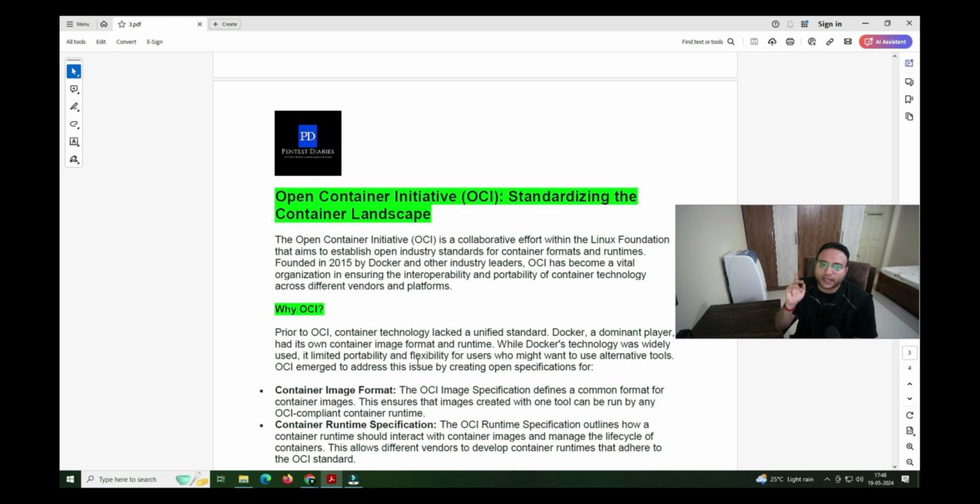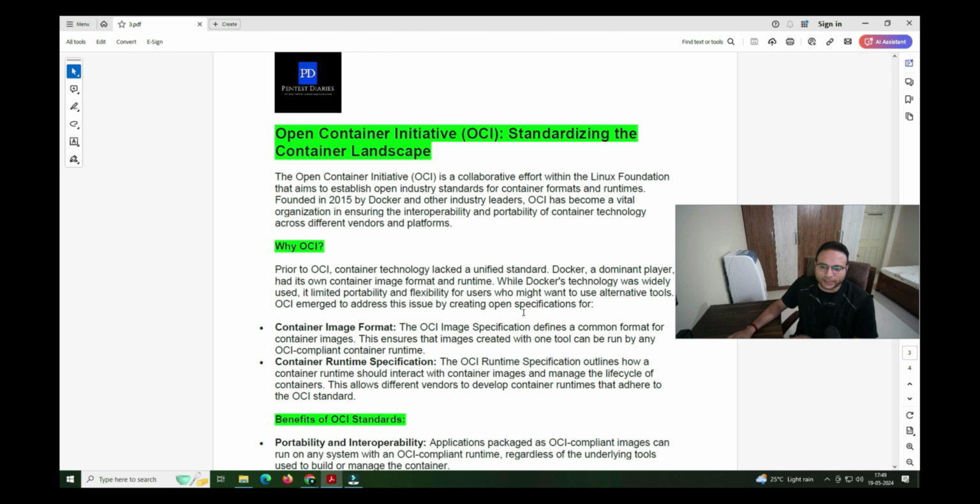They wanted this technology to be accessible across different vendors and platforms. That's most important. That was the reason we have reached that level. Otherwise, if it stuck with one vendor, it would create a problem for us. Everyone would have to use the same vendor, and if anyone was working on a different vendor, they couldn't utilize that. So there was no cross-platform capability earlier, but now it's available. OCI, you can get the details about it.